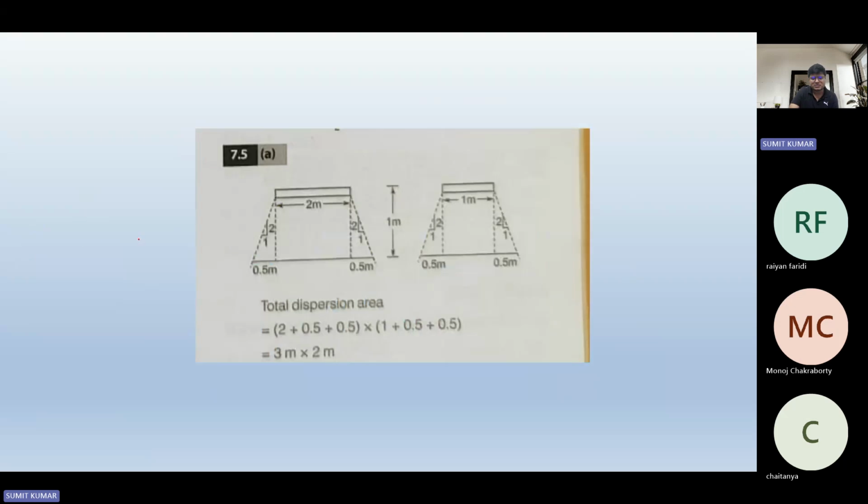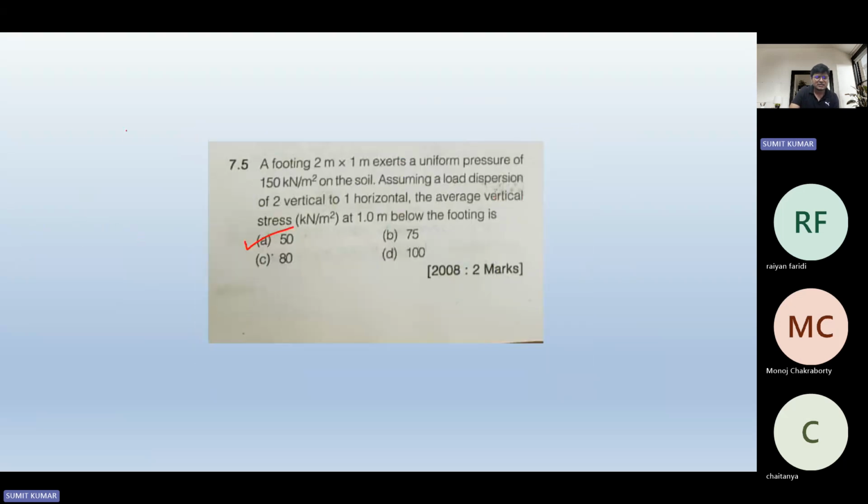So see, option A is the correct answer for this problem. How? The solution is also not mentioned accurately, so let me calculate for you. It is going to be 150 kilonewton per meter square multiplied by 2 into 1 divided by B plus 2nz. Basically, the stress we have calculated. Now it is the two vertical, one horizontal dissipation, right? So it becomes B